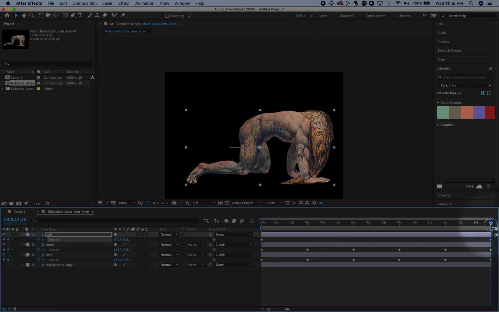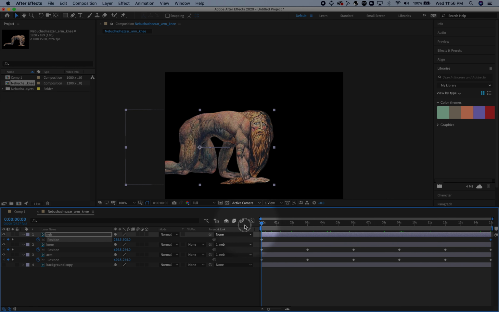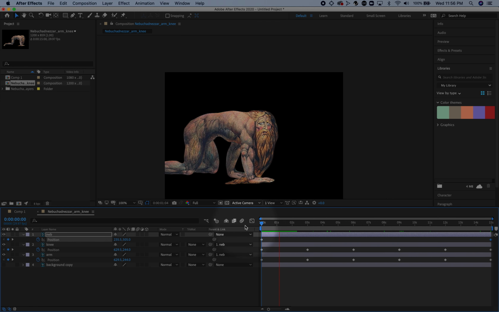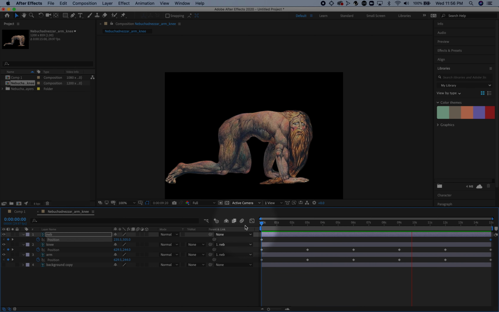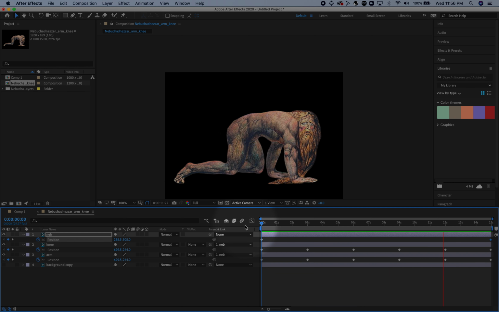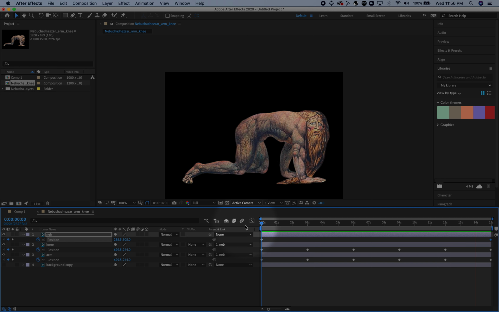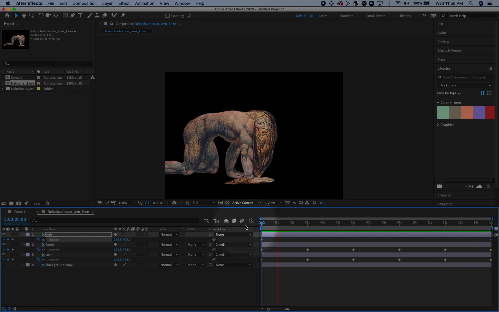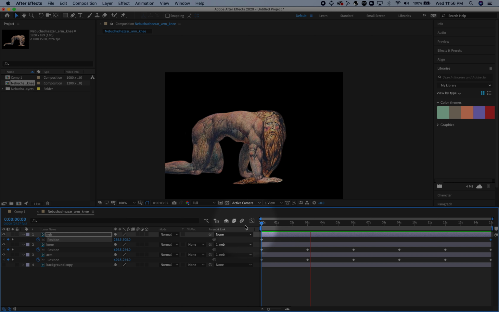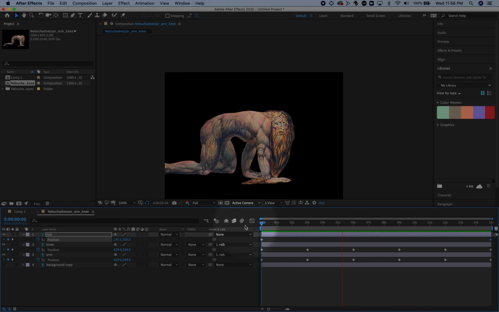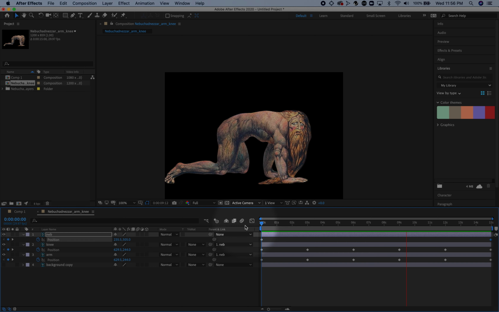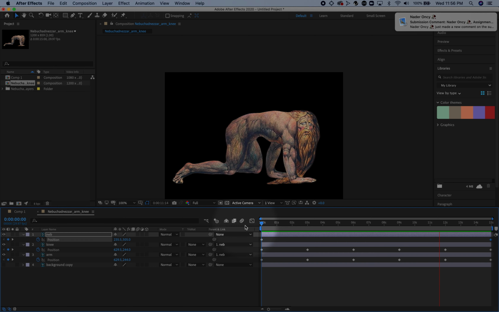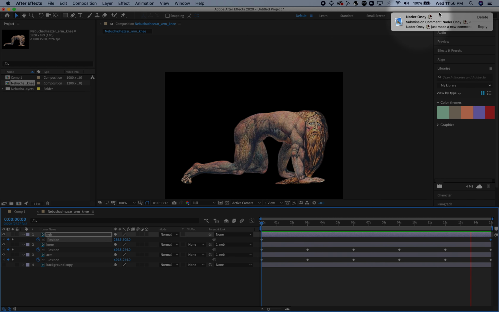Okay, so let's see what happens. You can now see that when I play, the knee and the arm are still moving in relationship to Nebuchadnezzar, but because he is the parent object, they are moving with him. And so it looks as if he is crawling. Pretty cool. All right. Now, that's fine and all, but we've animated this guy in this environment,